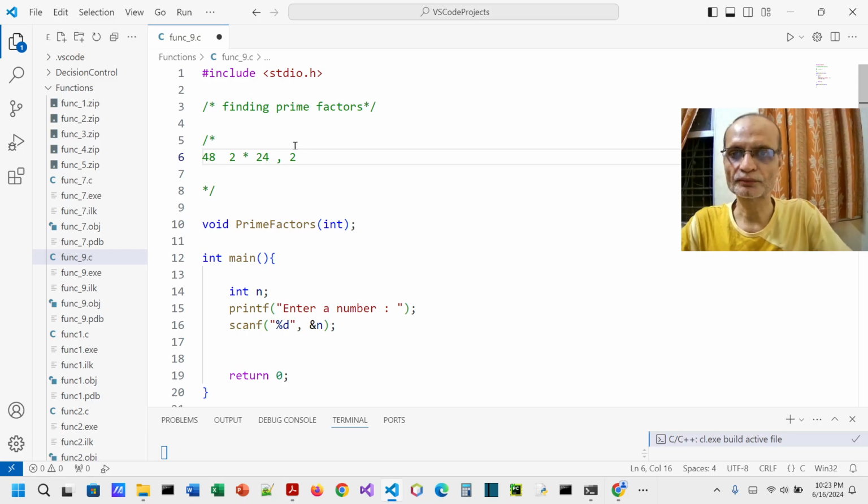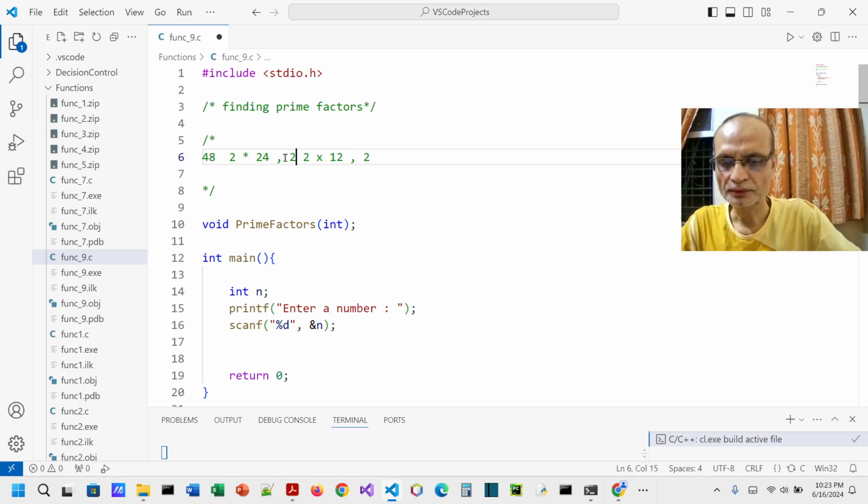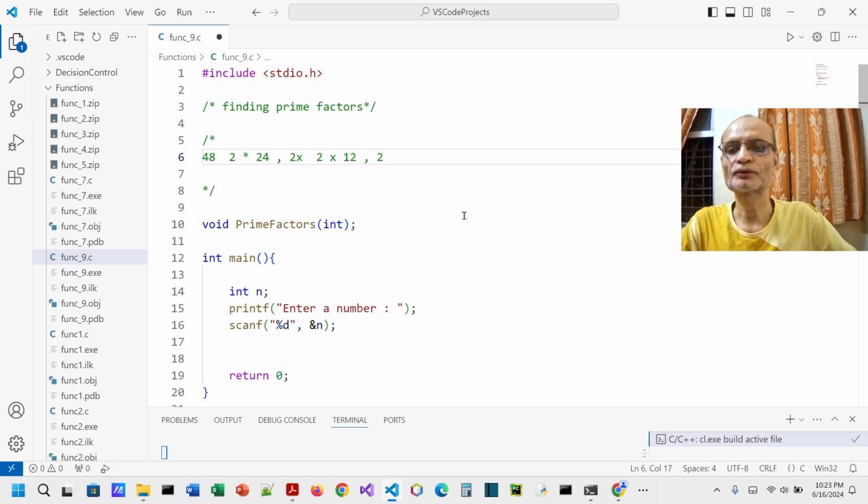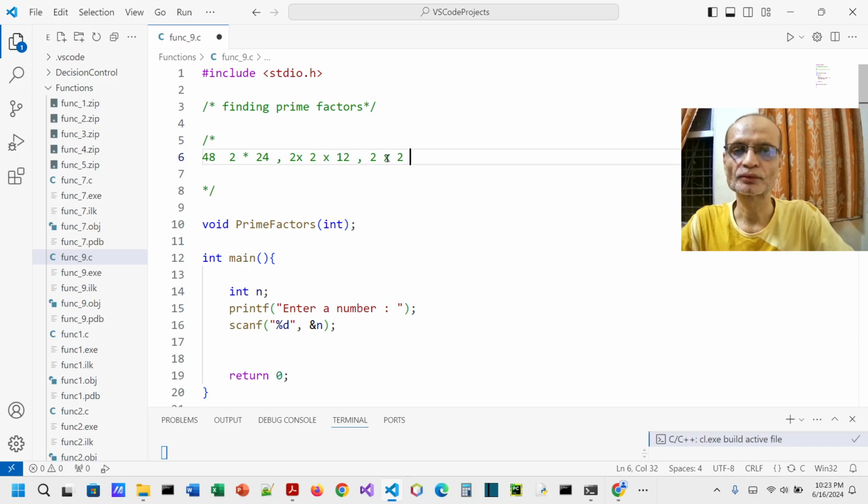So for 24, I will get 2 into 12. Then similarly what I have now is 2 into 2 into 12, because essentially it's going to give me 48. Then 2 into 2 into 2 into 6,